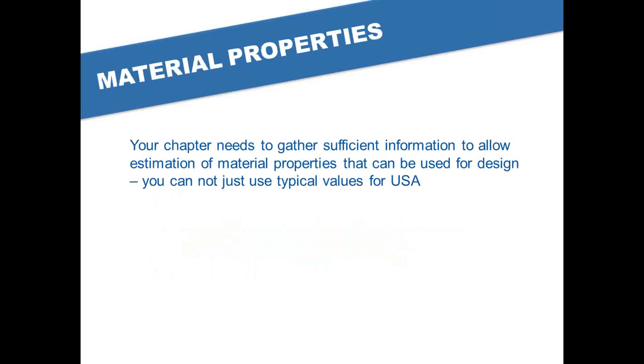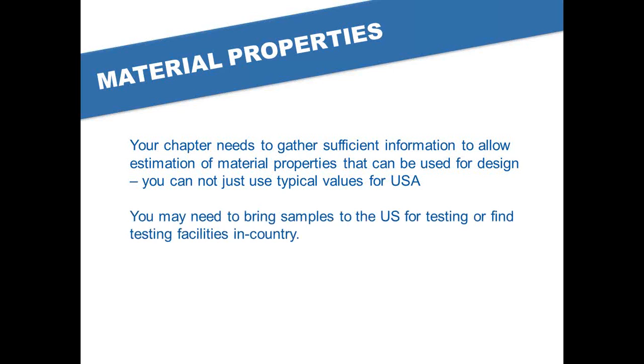Material properties are actually one of the areas that's going to be quite different from here in the United States. Here in the U.S., you can specify concrete strength, and that's what you'll get generally. You can specify the strength of rebar you want. You know exactly what kind of wood you're getting, etc. That is not the case where you're going.